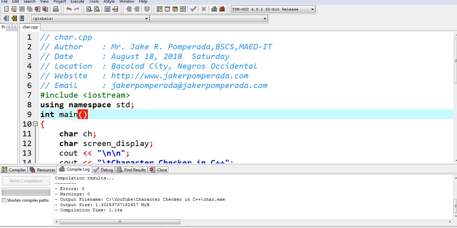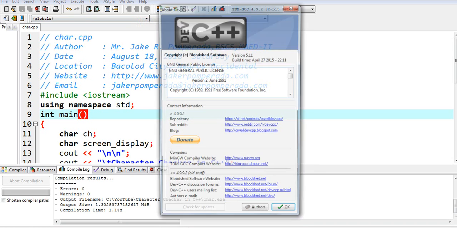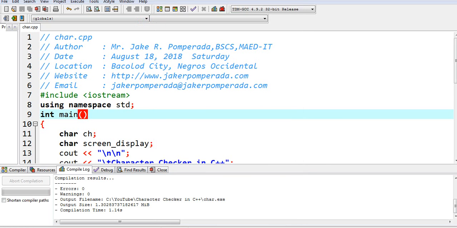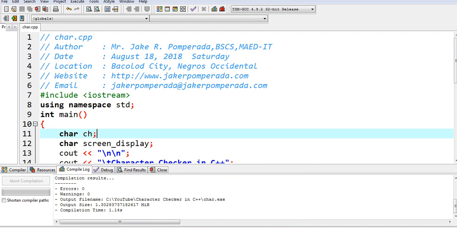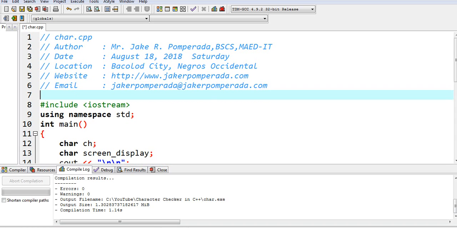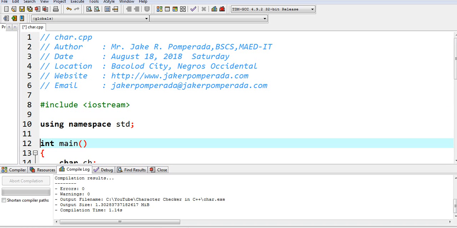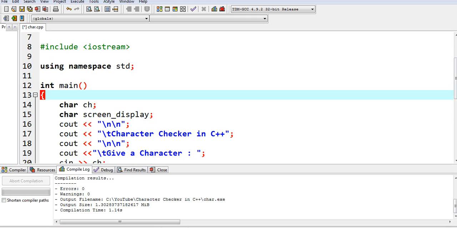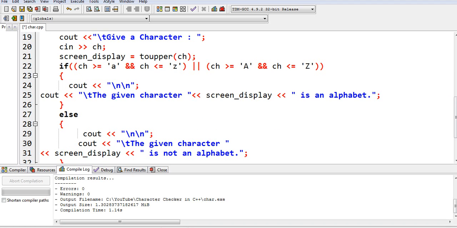So basically I'm using Dev C++ integrated development environment in writing this program. So we have several comments here, and then we have #include <iostream> for input output, using namespace std, and main. It is the starting point and ending point of every C++ program. Line number 13, we have your left curly bracket, and then